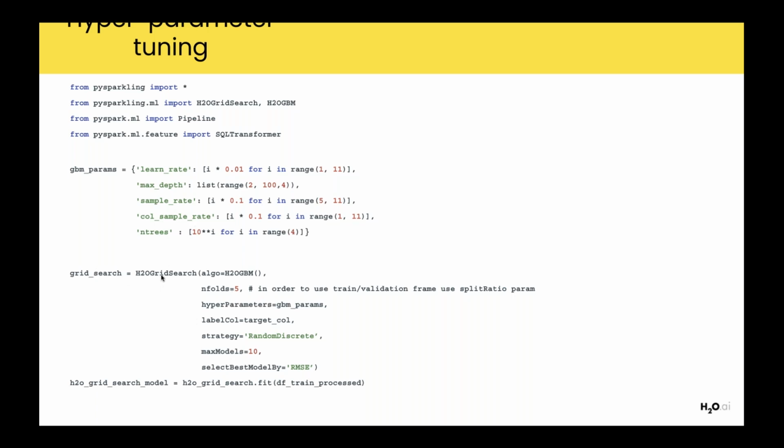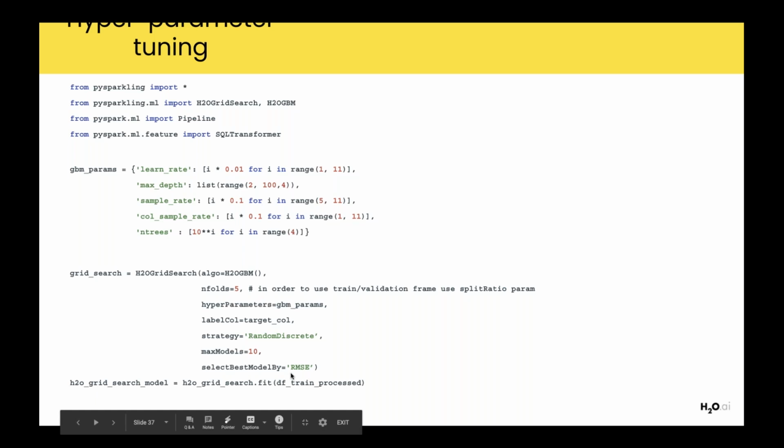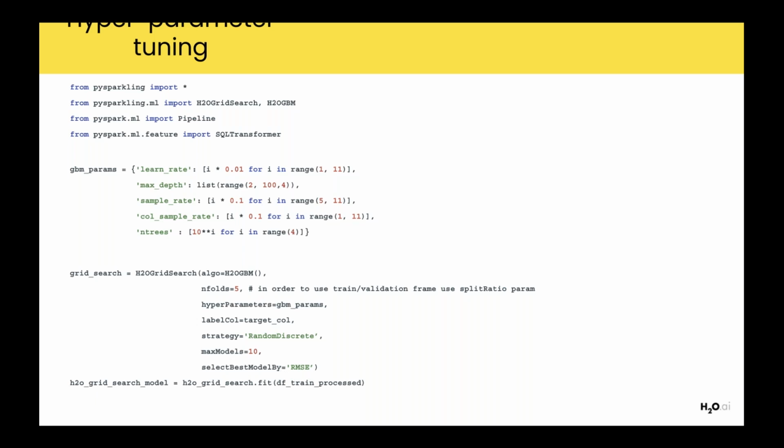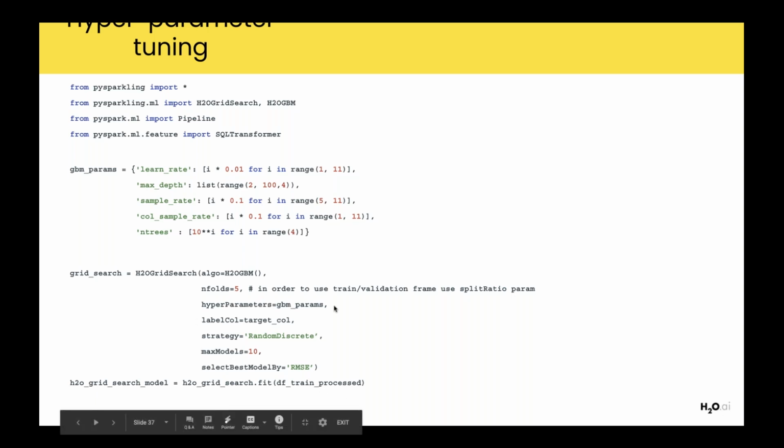And then the grid search method which we are activating is H2O grid search, and then we are telling it that the algo to be used is H2O GBM, and we want to use 5-fold cross validation, and then the hyperparameters are the GBM parameters which we have defined above, and then we provide the labels and strategy and the max models that this grid search should be trying out, and what's the scoring function, or basically an objective function. So we provide RMSE as the objective function, and then we call fit on the data frame, and then we